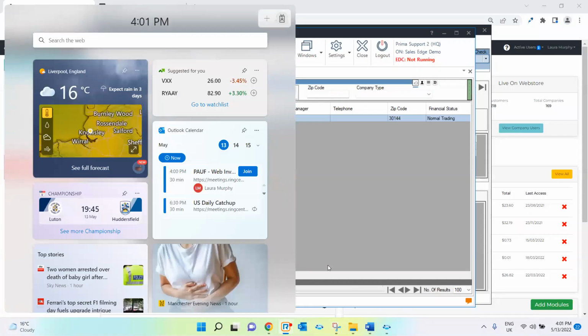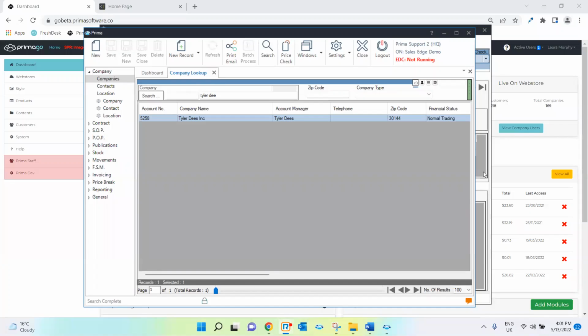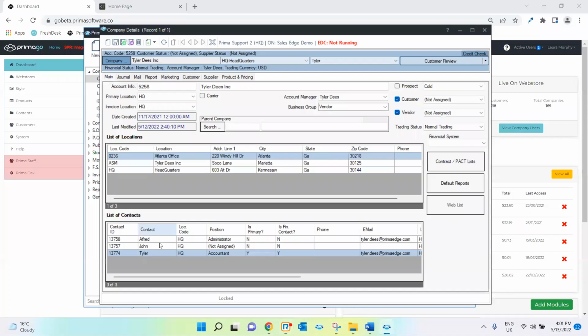So one enhancement that you may have already seen from the last update is that now customers are able to view and pay their invoices online. So the first thing you need to do is make sure that your customer is set to view invoices online, and you do this in Prima Client. So if you choose your company and then your contact, we'll use Tyler today,